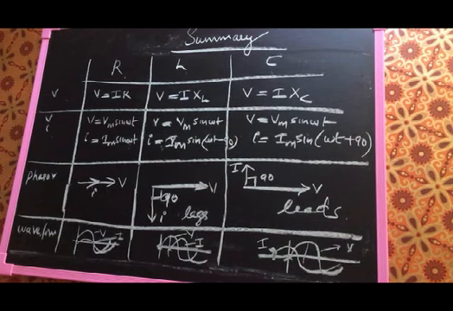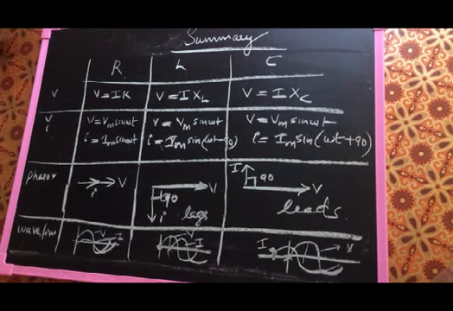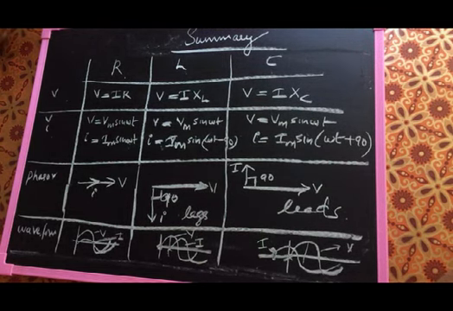And the assignment for the day: I have only derived the equation of power. Similarly, you have to derive the equation of power in a purely inductive circuit and also a purely capacitive circuit. I can give you a clue: the power in a purely inductive circuit and a purely capacitive circuit is 0. You get the answer as 0. You have to check our online portal. I have given the clue along with the assignment questions, so do it and submit it on time.